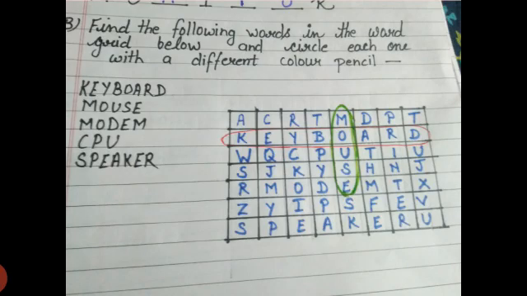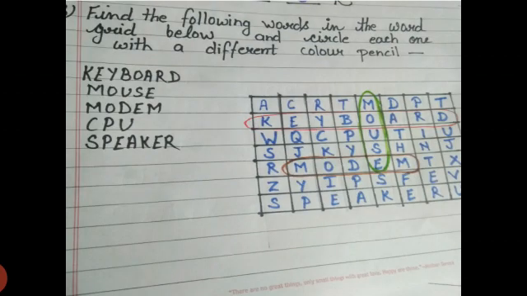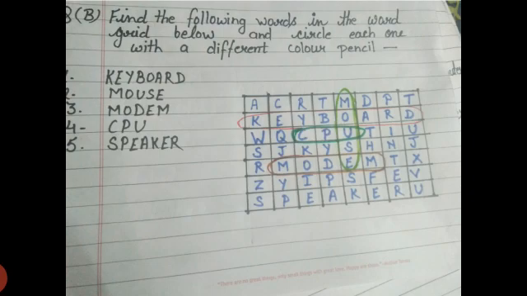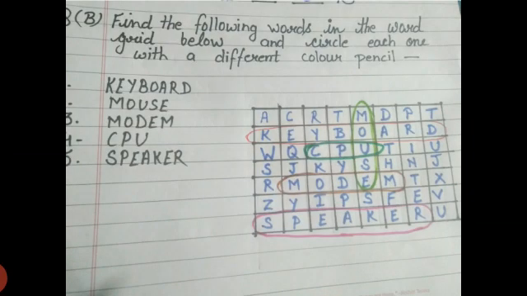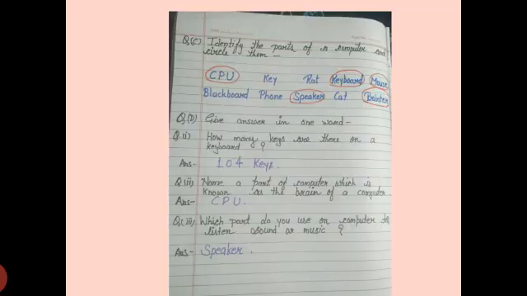Now, the grid. Have you solved mouse? Very good, Shraddha. Now, Ishan, find out the modem on this grid. Come and find out. Very good, Ishan. Now the next one. Yes, Shraddha. Find out the CPU. Very good. The last one is speaker. Adyan, come and find out the speaker. Very good, Adyan. So now come on, next question.